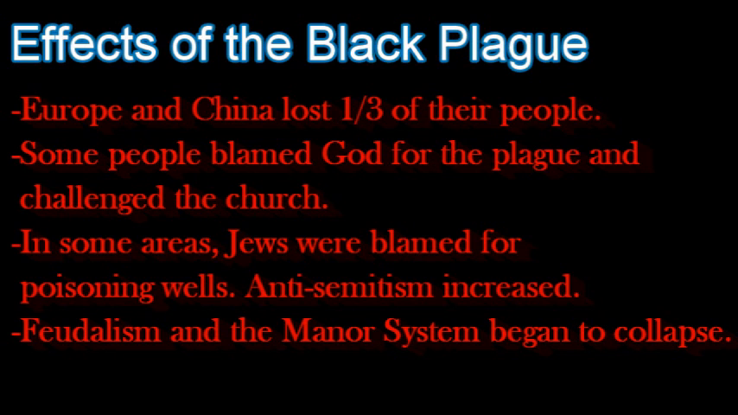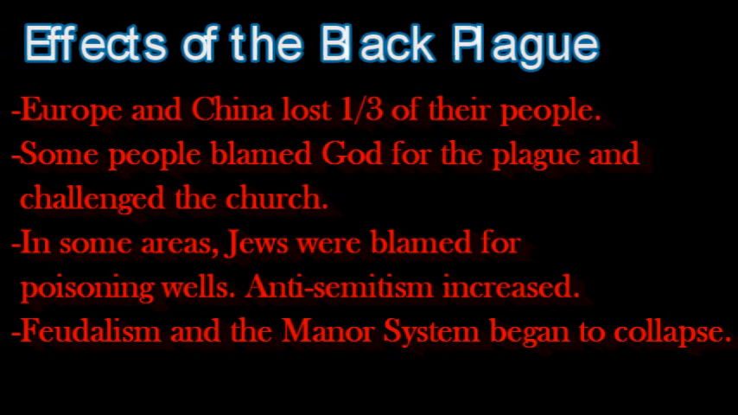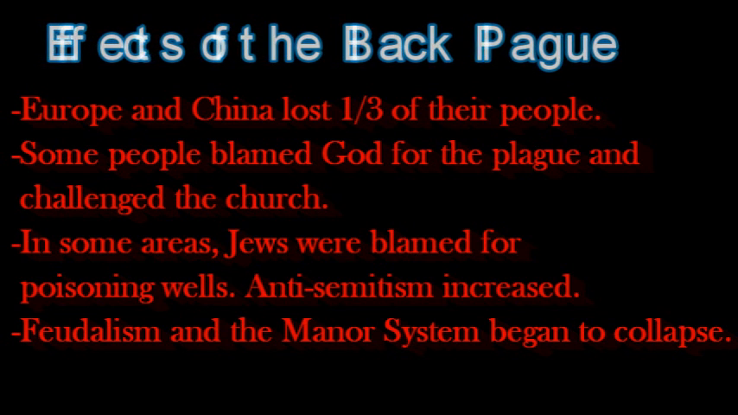And then you see really the collapse of the feudal structure and the manorial system. So all of these things are major effects of the Black Plague. And we've talked about the feudal and manor system already being on its way out. This will be the final nail in the coffin, so to speak. So that's the basics of the Black Plague. We're going to talk a lot more about it in class and do some more work with it,